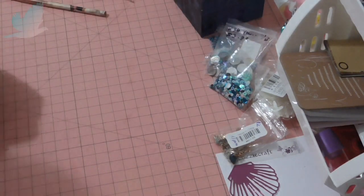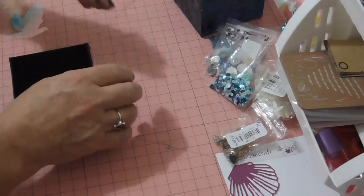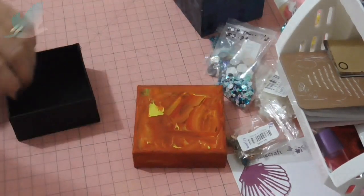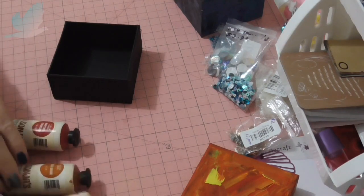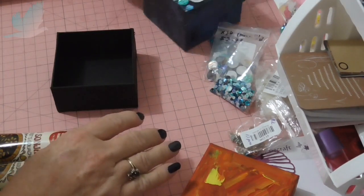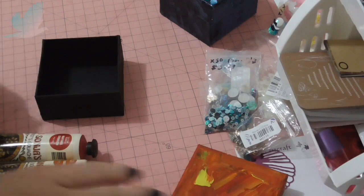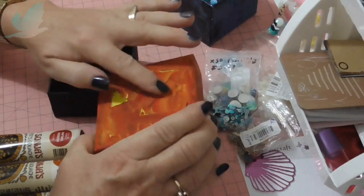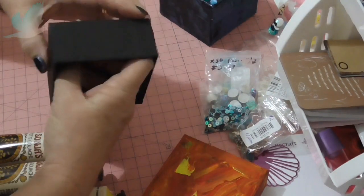And now I'll quickly take you through. This will probably be obviously a longer video, but I just want to show you how I got this effect. I'll just do one side for you, otherwise it's just going to take too long. I can show you at the end. I'll show you the finished box and the other two boxes I have when I come back and everything's dried and finished. And this box will be finished as well. As I said, I'm going to pop a heart with the hot glue on this and finish it off that way. But I will just get my little palette knife, and all I did